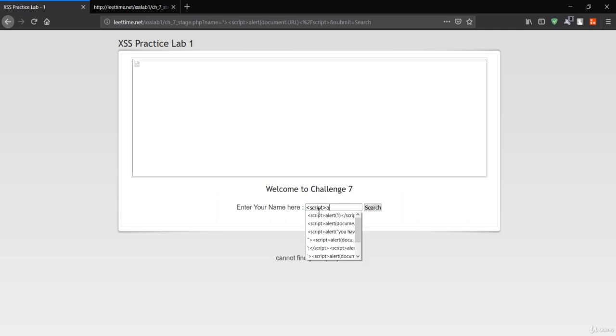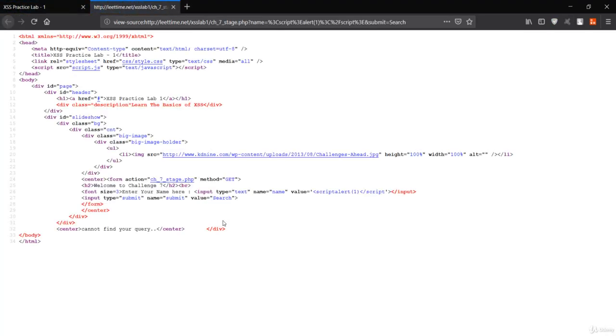So if I just give the simple alert, I'm just making a simple payload over here, which is script alert1 and script. Let me search it again. Let me just press Ctrl U to see the page source. Again, that script has been converted into the string in this value field. So anything you just passed in that field has been converted into the string by this page.